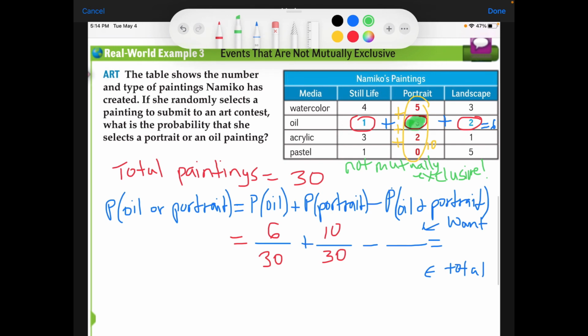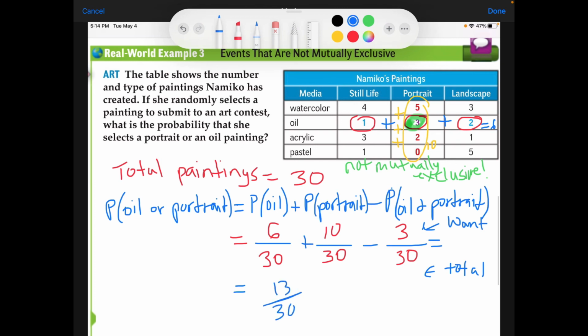If you notice this 3 right here, it's being intersected. It's part of the oil set, and it's also part of the portrait set. Because of that, we have to make sure we subtract it so we don't count it twice. So we're going to make sure that we take that out so we don't count it twice. So then we add all this up, subtract it, and our final answer is going to be